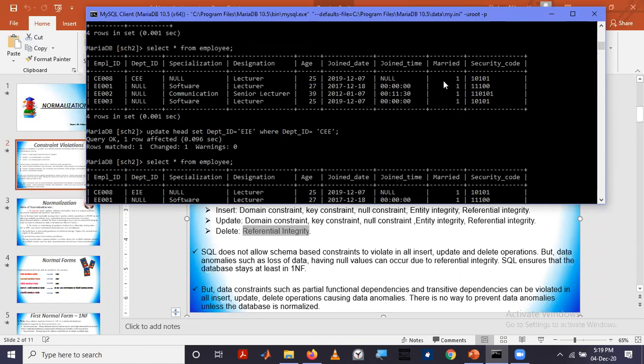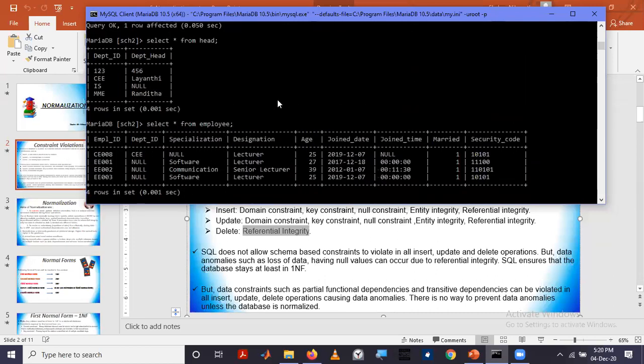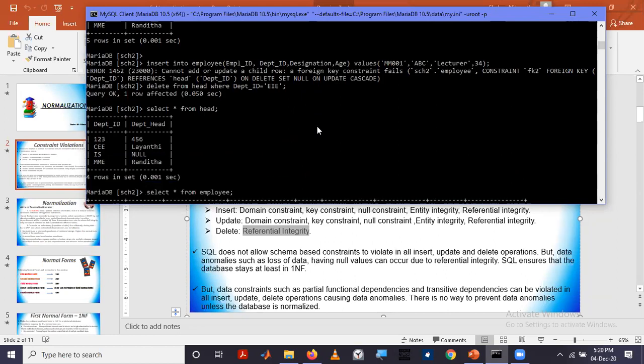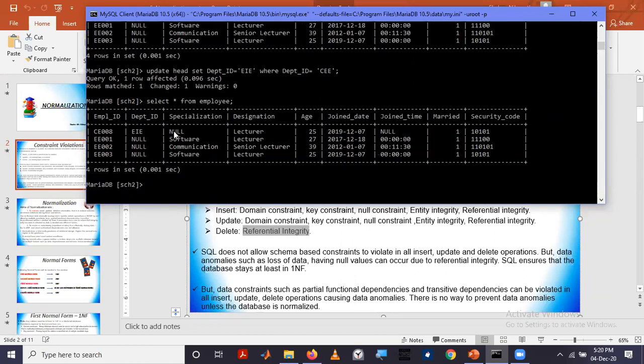So that is the cascade operation. On update cascade means when the referenced attribute is updating, the values in the referencing relation will also be updated.